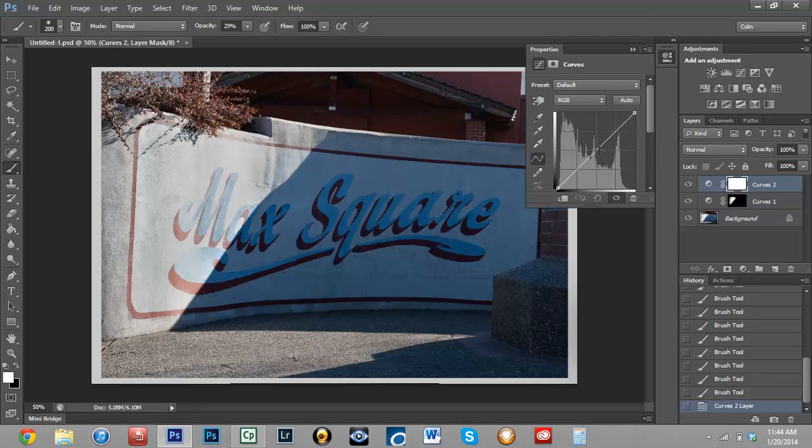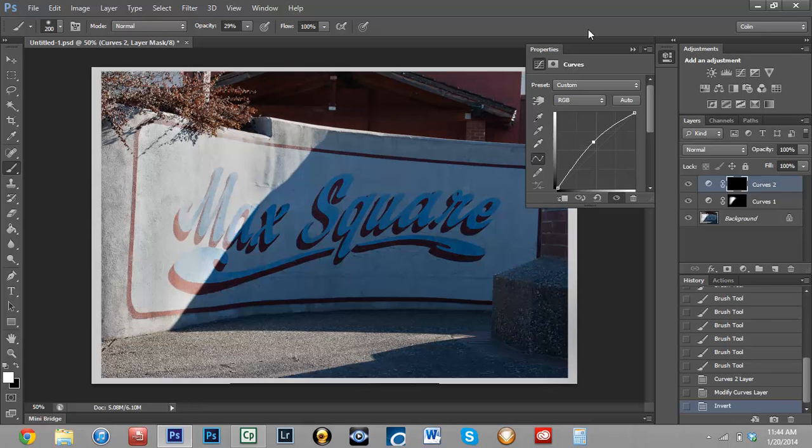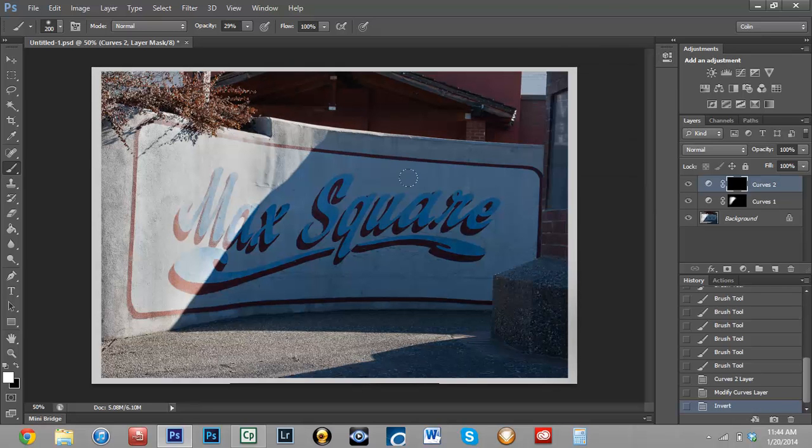For this one, again, I always just start with the center and go from there. You can see now the right side's starting to look better, but it's pushing this. If you see why I'm doing local corrections rather than global, as I'm pushing this up, it's making that look too bright. Anyway, so Control I to invert that,